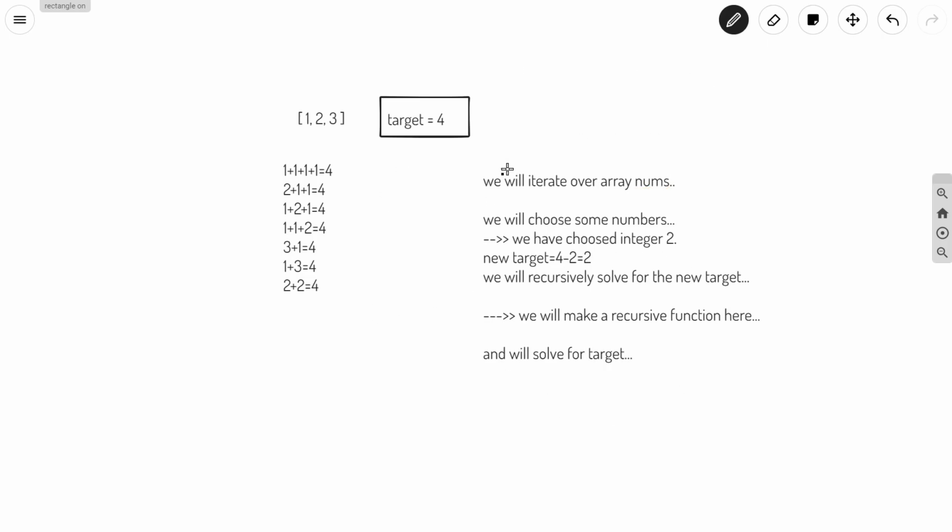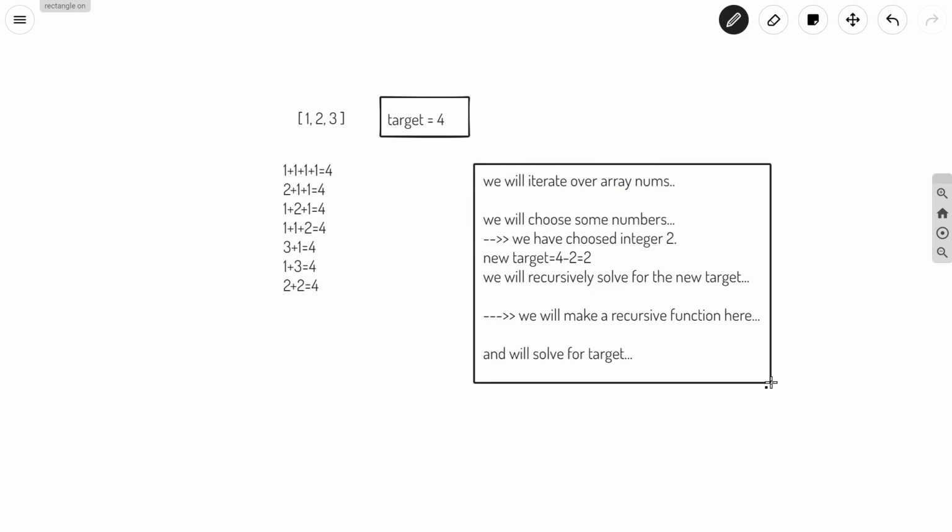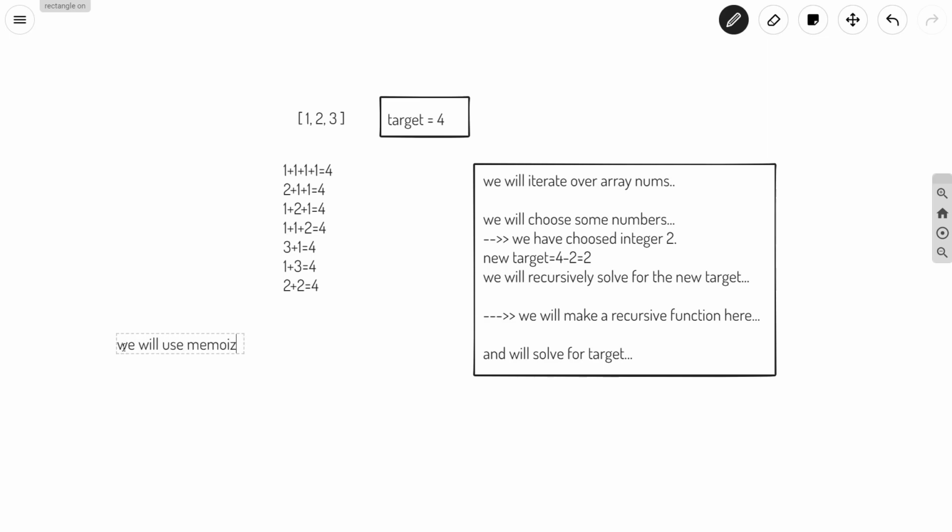You can see that we have some sort of recursion here, and whenever we use recursion, we can use memoization to reduce the time complexity.